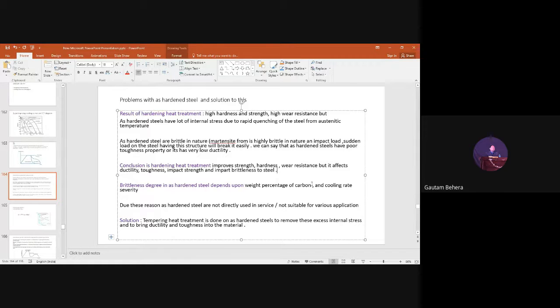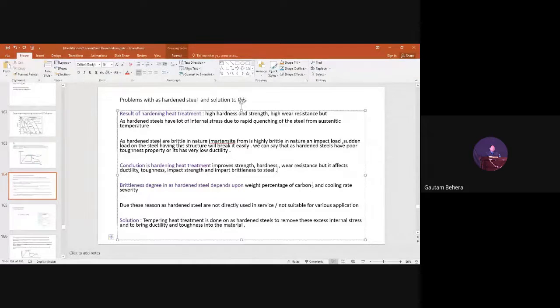If some material is removed from the steel surface, that is wear. You people understood now? Yes, sir. Wear will not occur like that simply. There should be a relative motion between the two bodies. There should be a relative contact between the two bodies, and relative motion in between the two bodies. Then only, if material gets removed from the surface, that is called wear.